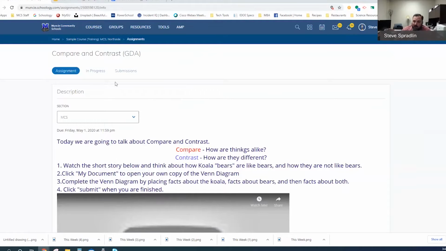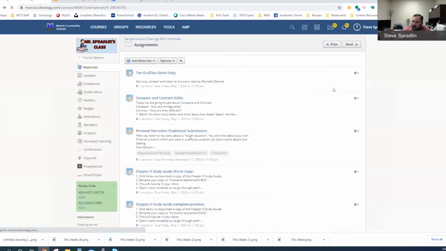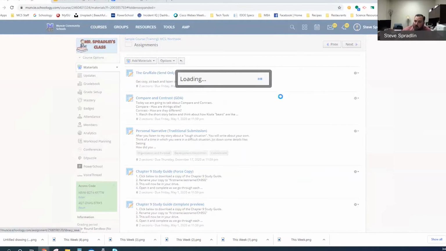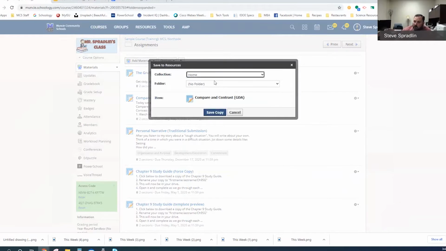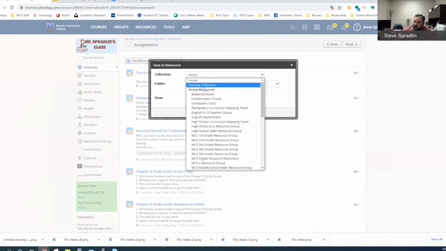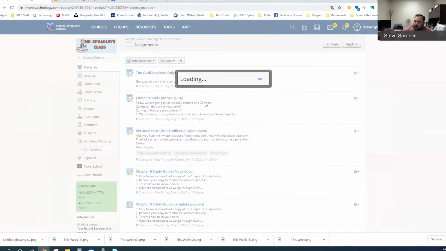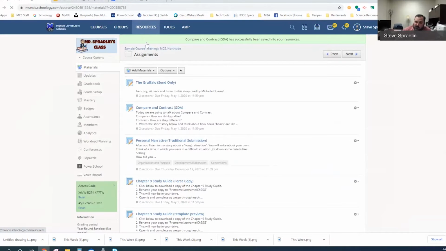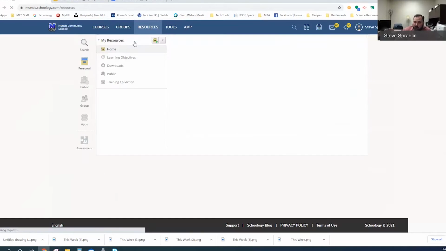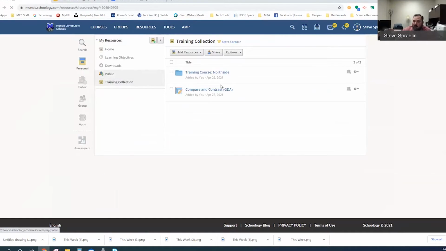So when I go take this assignment here, let's go back and save it to my resources. Let's put it in the training resources so it's not lost. When I save that to my resources, the assignment shell is going to go in there. The description, any rubrics I might attach, all that sort of stuff is going to be here. But when I click it,